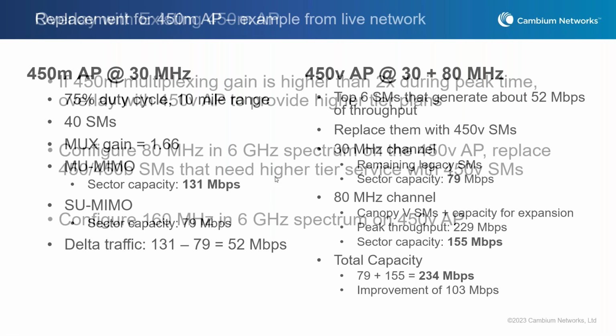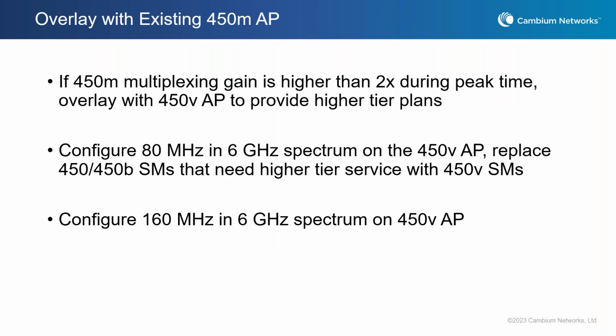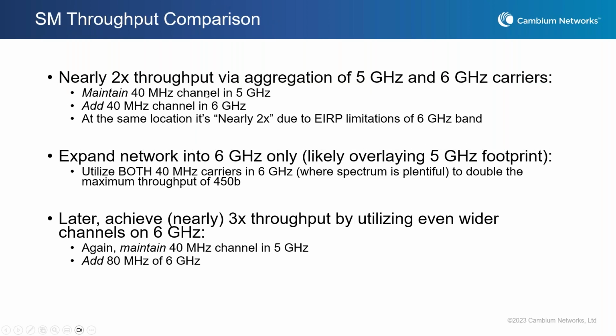So again, another option is actually to overlay, and that seems obvious, but you can take advantage of 6 gigahertz and configure all the carriers in 6 gigahertz, and then also swap those guys that are really using the higher level of data, and just keep seeing more and more capacity gains by doing that. So if you can afford to overlay that 450M with the 450V and utilize that 450V in 6 gigahertz, even better. So again, just to compare the throughput on the SM side, I get 2x the throughput by combining those